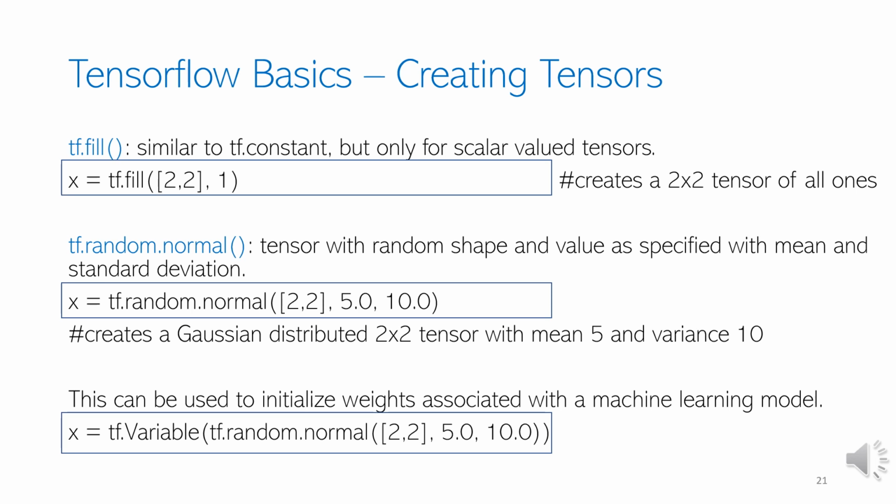For example, in this case, we're going to create a random tensor with a shape 2 by 2, and each element is instantiated from a normal random variable with mean 5 and a standard deviation 10. This is very useful for initializing weights of your neural network. For example, you can initialize a tf.Variable with normal